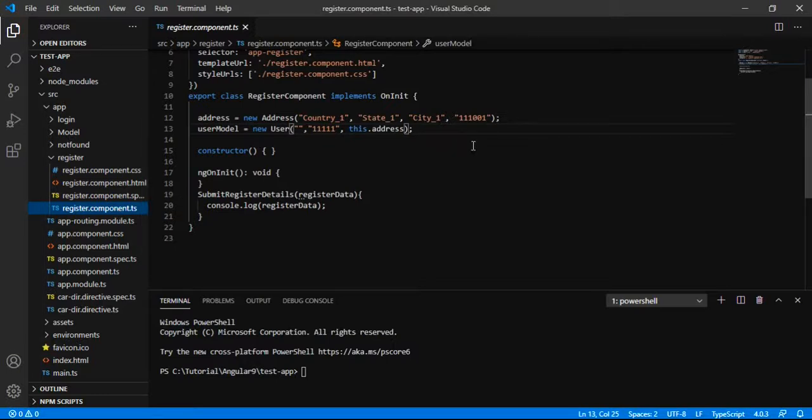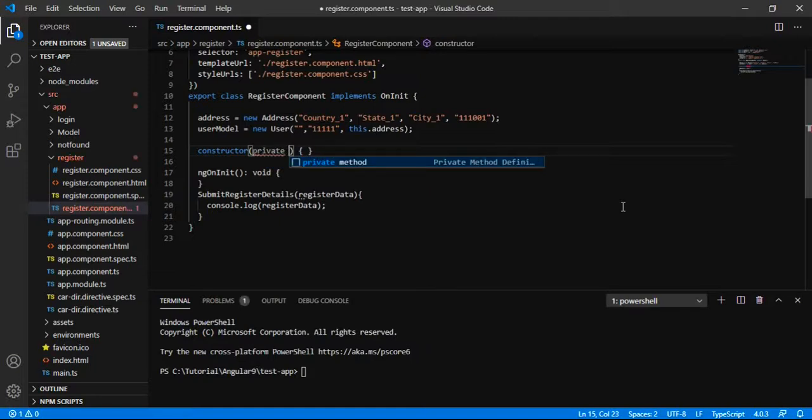We are going to create the group, the registration form, with the help of form builder. All we have to do is, first of all, inject the form builder.